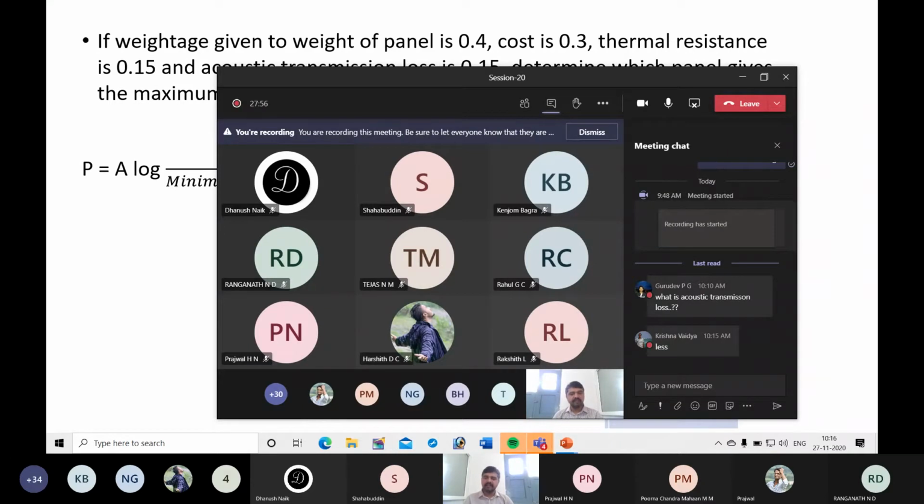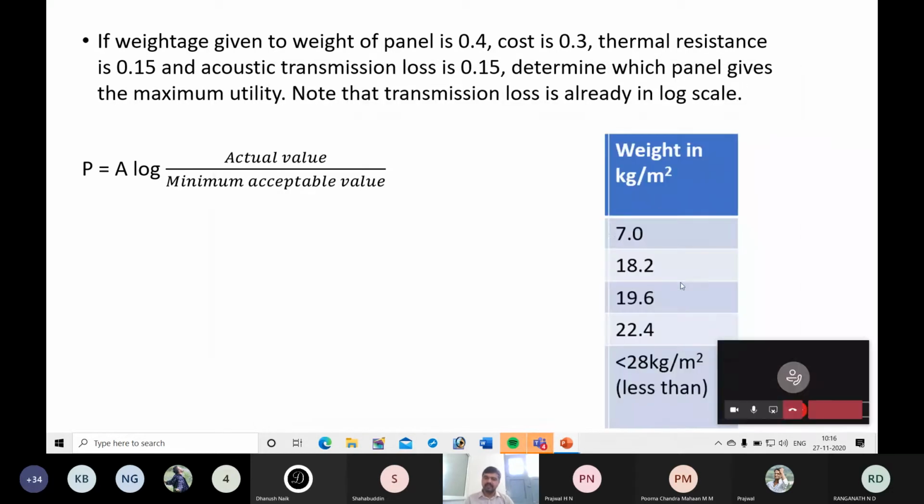The material which weighs less is most preferable. So in this case, material A weighs less, so for this you can give more preference. Even we can give 10, but usually 10 is the ideal number. Instead of 10 we will assign 9, because some materials may have less than 7 also.